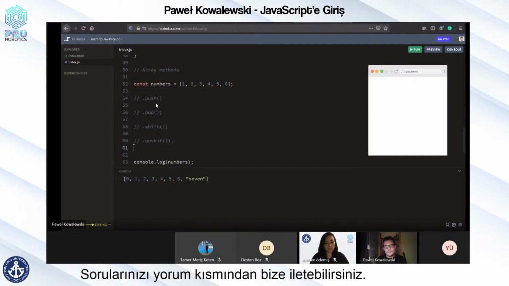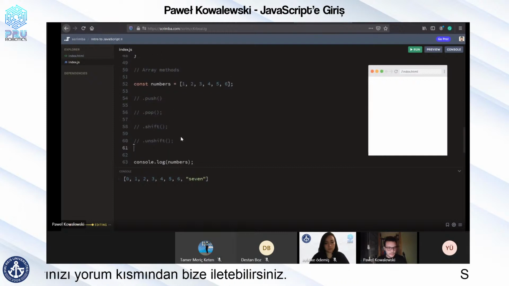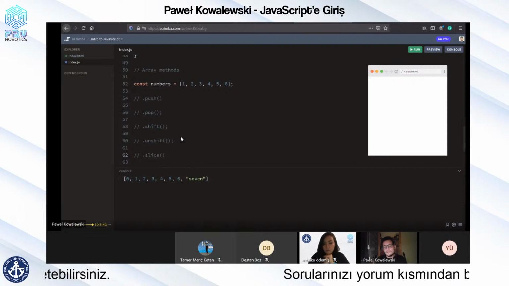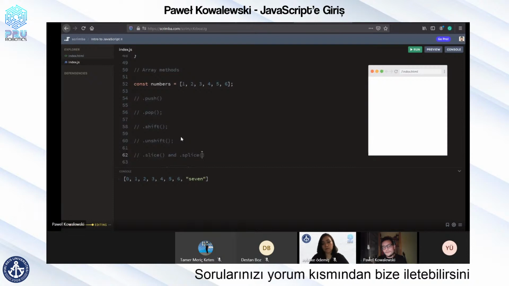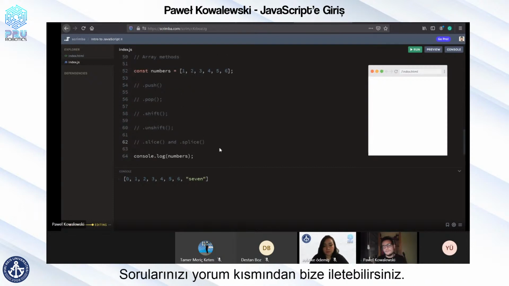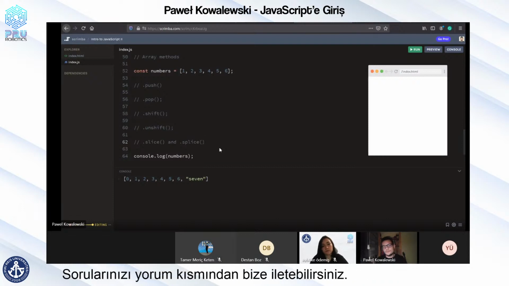So those are the 4, let's say, core methods that we use in JavaScript. There are also methods like slice and splice. However, those are a bit more complex techniques. I don't want to confuse you right now with those ones, but thanks to this one, you can put